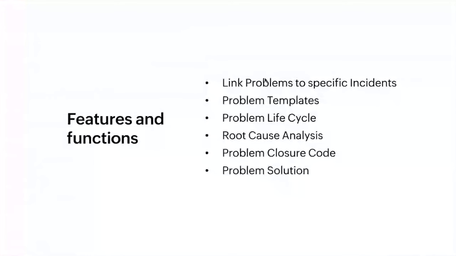All right. Now let's go back to our deck and see what we've covered so far. So first we saw how you can create problem tickets and how you can link them to specific incidents. We saw how you can construct problem templates, and we also saw how you can associate relevant life cycles to these templates. We saw how Zilker's IT team performed the root cause analysis to drill down into what was causing the outage in the first place. We also saw how closure codes would work. And finally, we saw how you can record problem solutions and copy that to your associated incidents as well.